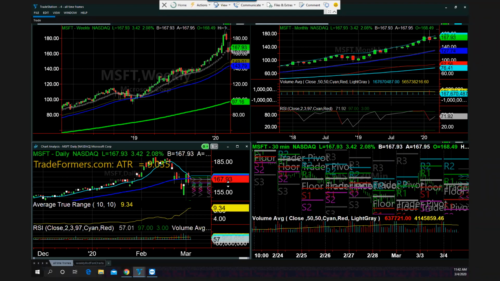Then look at the phase of the particular instrument that you're looking at, and then look at the first 30-minute action of the day. And that should help you determine whether or not it's going to break out of its 30 minutes or break down from its 30 minutes.